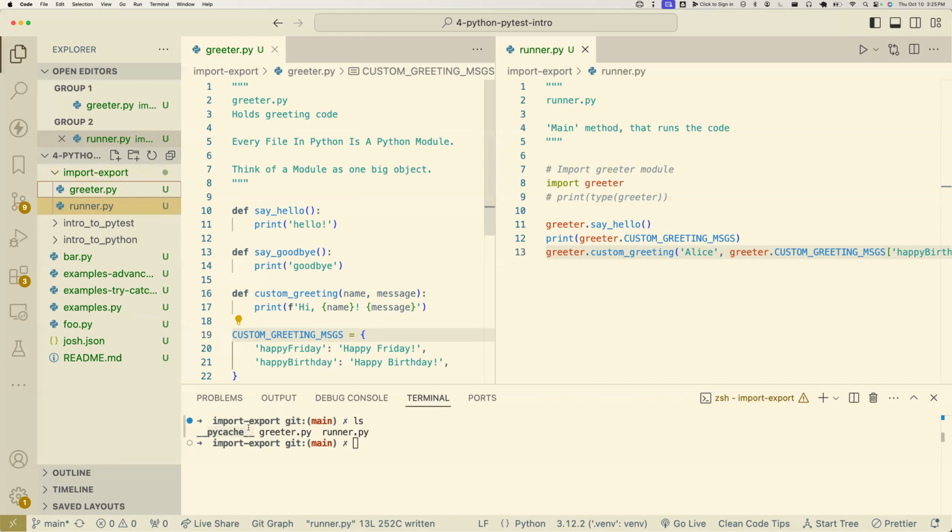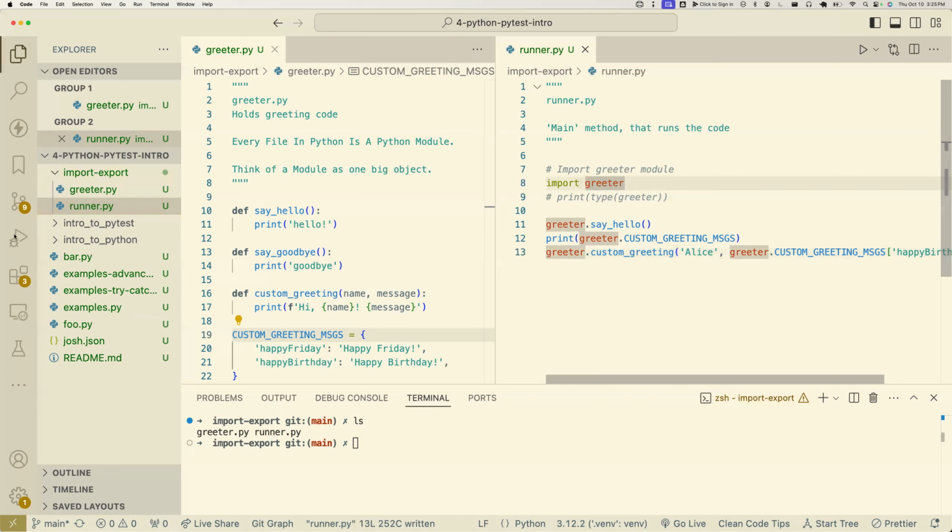All that matters is that import statements do have a path. We're going to talk about file paths in a minute. The fact that this just says greeter the way it is, and there's no path, there's no slash anything, means this code is assuming something about what happens when I do